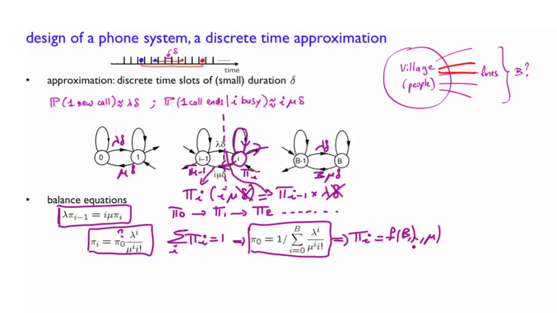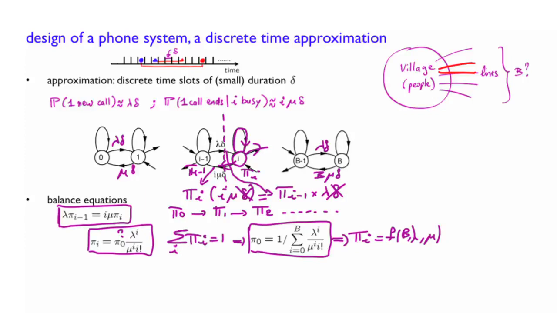So if we know b and lambda and mu, we can set up this Markov chain, and we can calculate pi 0 and then pi of i for all i's. We can then answer a question like this. After the chain has run for a long time, how likely is it that at any given random time you will find the system with i busy lines? Well, it will be pi of i. And also we can interpret these steady state probabilities as frequencies. So once I find pi of i, it also tells me what fraction of the time I will have i busy lines. And you can answer that question for every possible i.